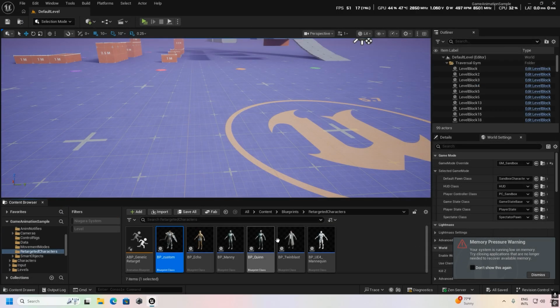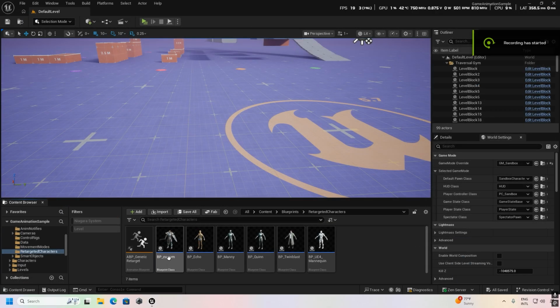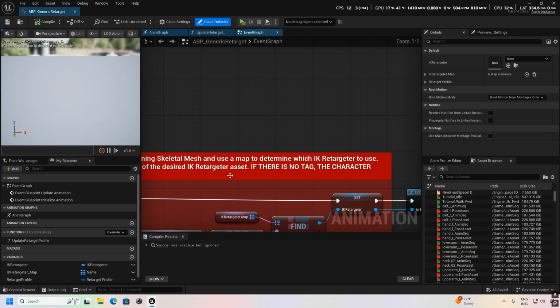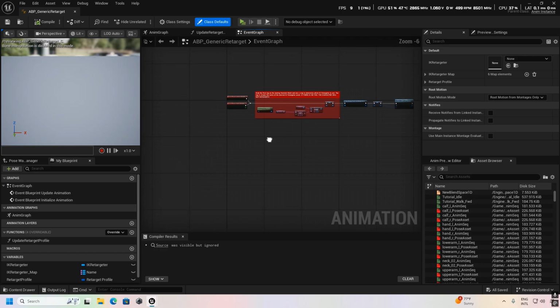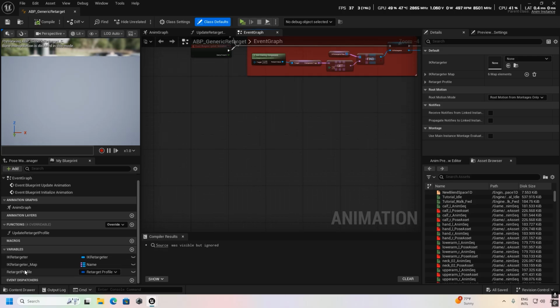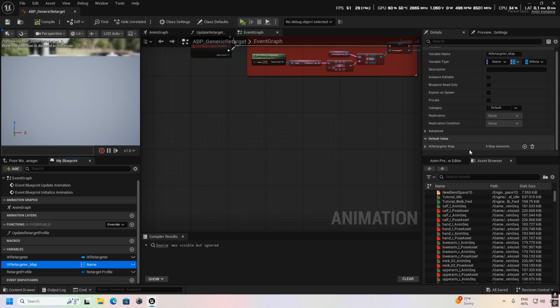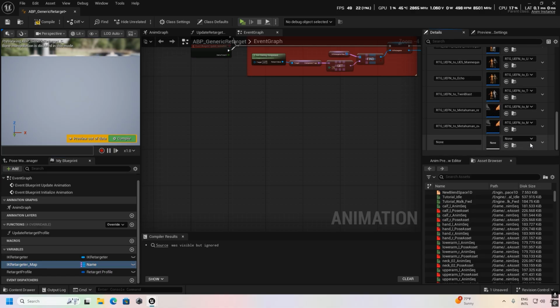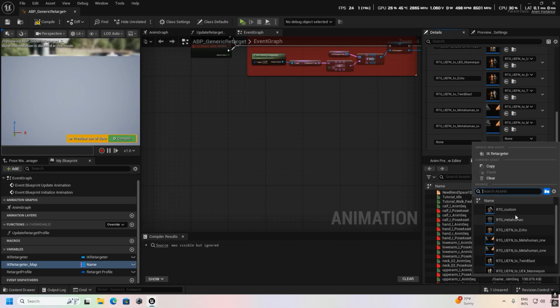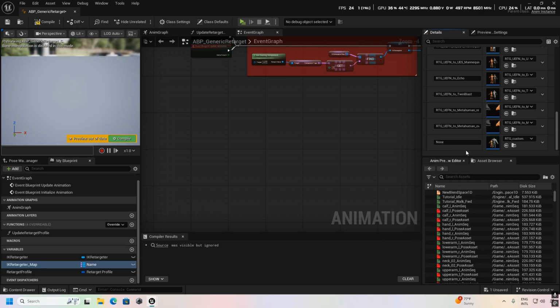Okay, so after creating our custom, then we have to go to ABP generate retarget. And here you can see there was an option here, IK retargeter map. And here we need to add a retargeter map, and there we select our retargeter character RTG custom.